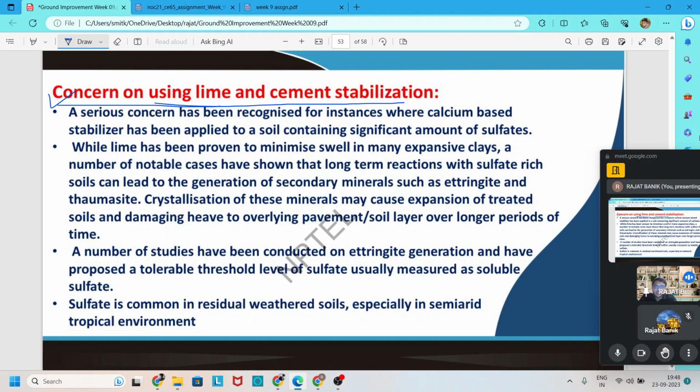And due to the creation of this mineral, which is crystalline in nature, the heat or expansion of soil happens over a period of time. Due to this, the pavement and soil become failed. A number of studies have been conducted on anti-diet generation and have proposed a tolerable threshold level of sulfate, usually measured as soluble sulfate. So we should maintain the tolerable threshold level of the sulfate while using the lime or cement